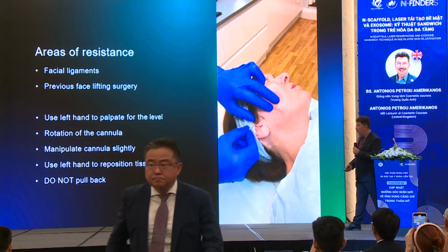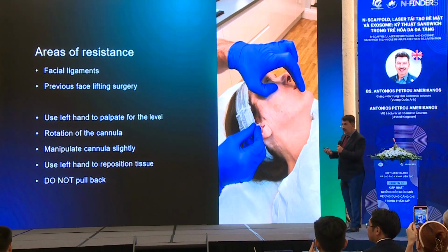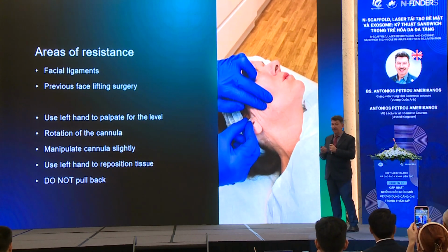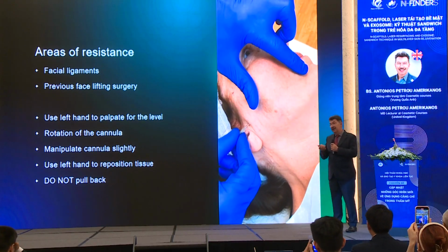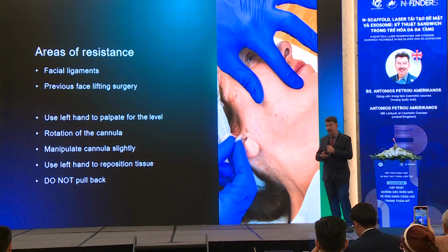Same things as before, but remember with threads, don't pull the cannula back before you're ready to remove it at the end. So if you find a bit of resistance, don't try to come back and change direction, because if you do that, you will engage the thread and then you will not be able to get the full length